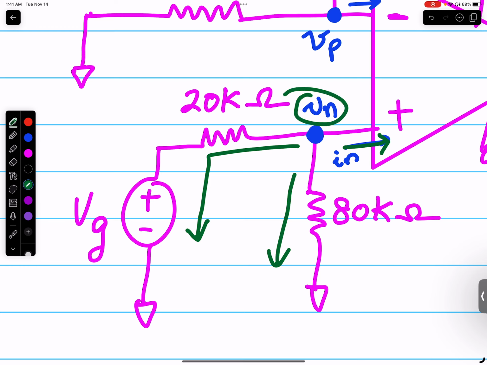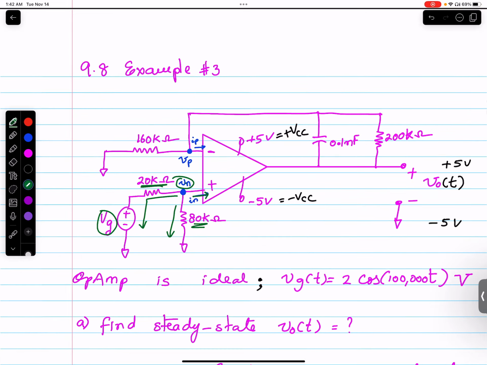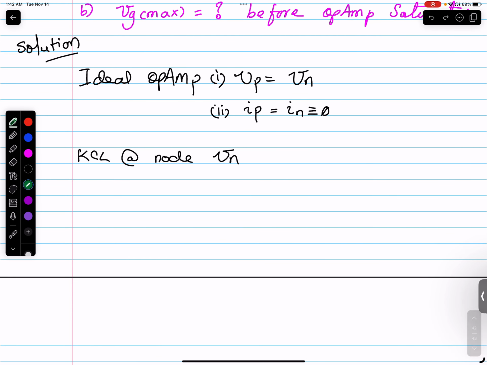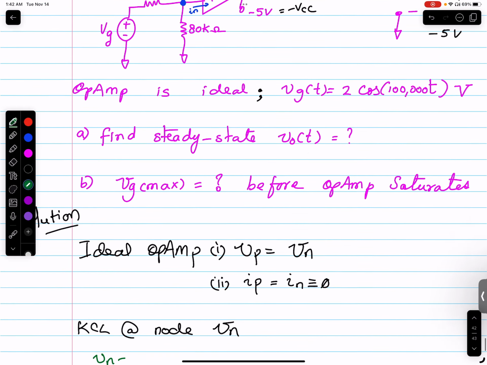So Vn minus Vg by 20k, Vn minus 0 by 80k plus In, all of these should equal 0. So the three currents, I'm going to write them out. KCL at node Vn means Vn minus Vn minus,